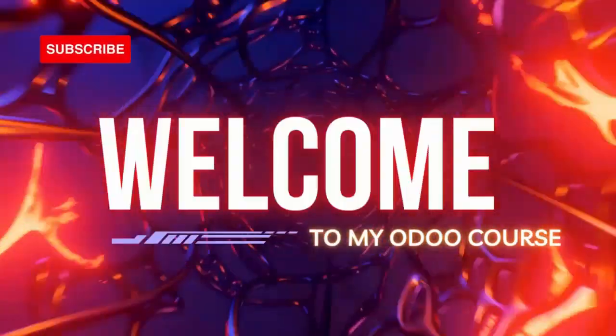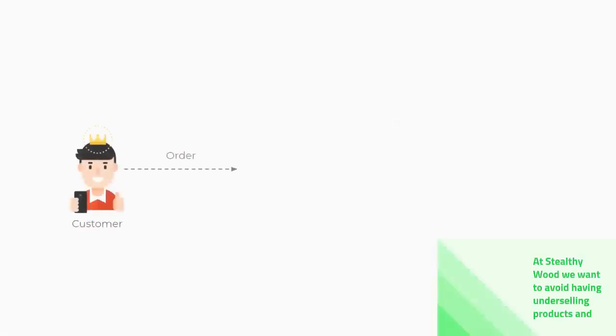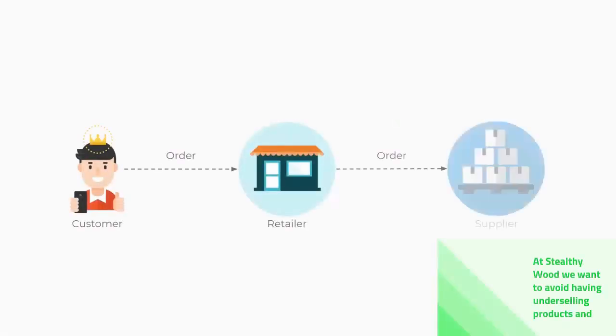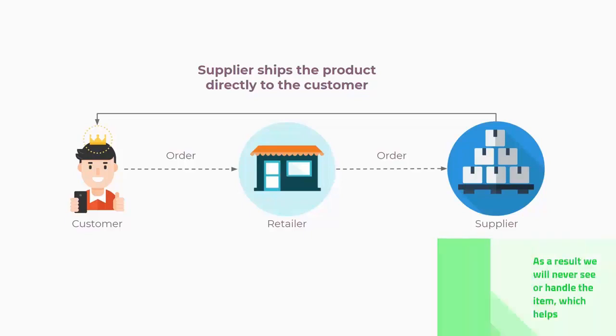At Stealthy Wood, we want to avoid having underselling products, but we don't want to stop offering them. We will implement the dropshipping strategy. Dropshipping will allow our suppliers to ship it directly to the customer. As a result, we will never see or handle the item, which helps, since we don't have anything in stock